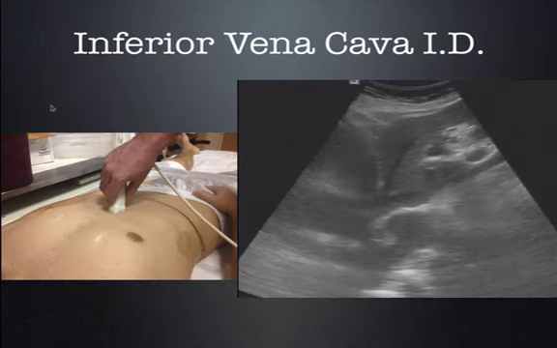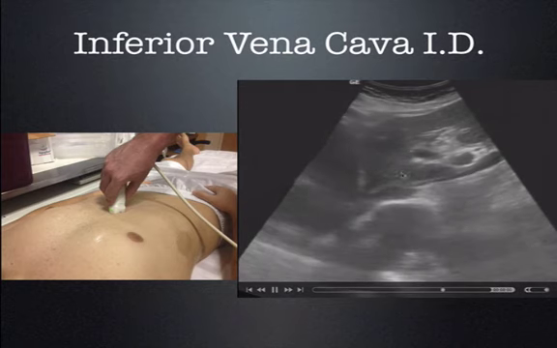How do you ultrasound the inferior vena cava? Well, you'll need one of the low-frequency probes. This could be the cardiac probe, also known as the phased array probe, or it could be the abdominal probe, also known as the curved linear probe. In this case here, we're using the phased array probe, or cardiac probe. And the probe indicator is pointing towards the patient's head, which is positioned up here. And you're going to get a long axis shot, also known as a sagittal cut, through the liver, as shown right here. And you'll slide just to the right of the patient's midline, and you should see the inferior vena cava come into view